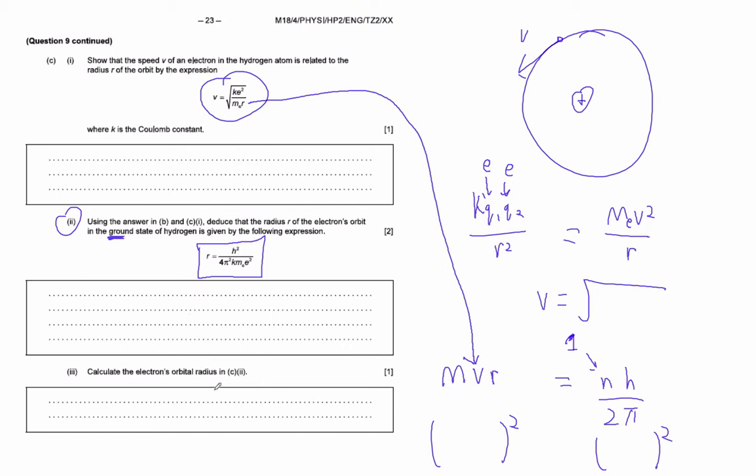Calculate the electron's orbital radius in C double I. Planck's constant, look that up in joule seconds. In your data packet, K is 8.99 times 10 to the 9th. Mass of the electron in your data packet, and that's the electron charge. Just look up all those constants, plug it in, and you'll get about 5.3 times 10 to the minus 11th